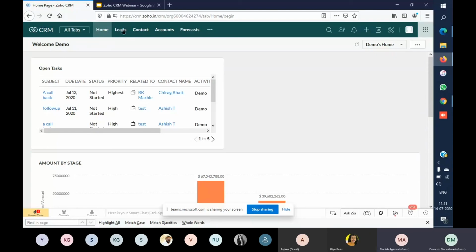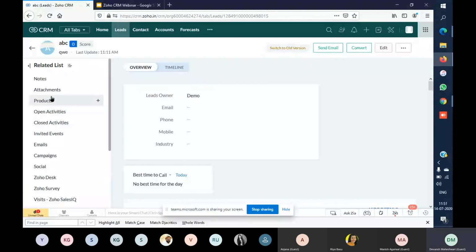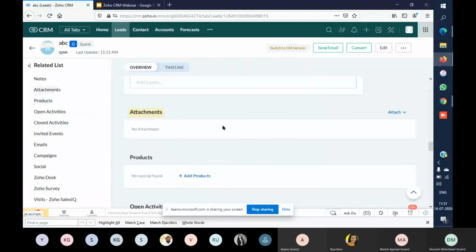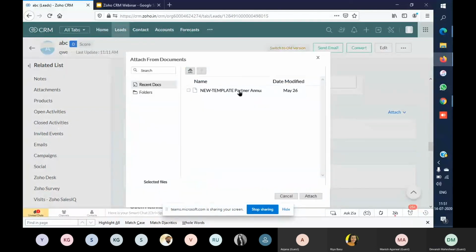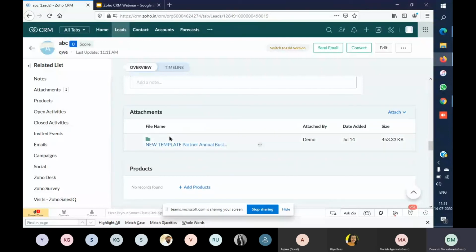I hope my screen is visible. So we have a lead here. We can go to attachments. We can attach, so we have attached that attachment.